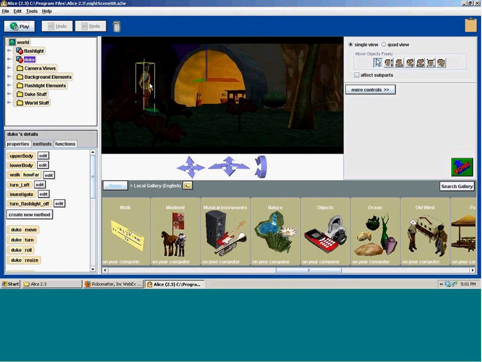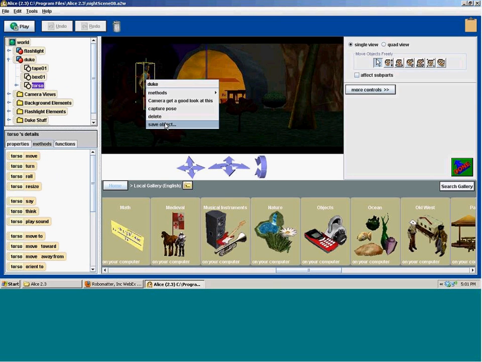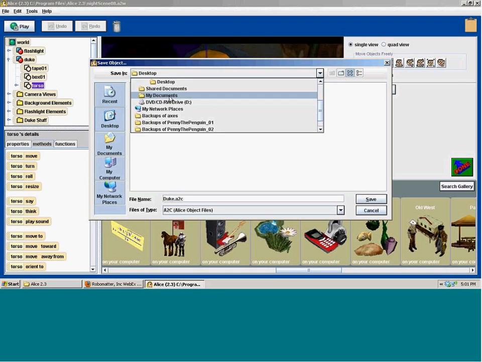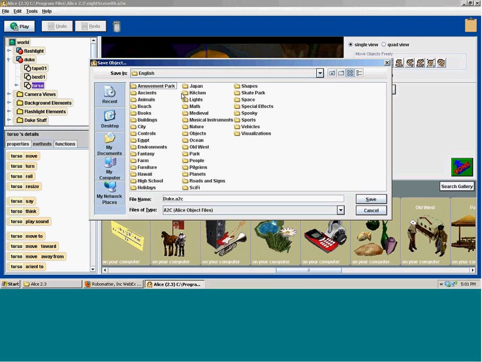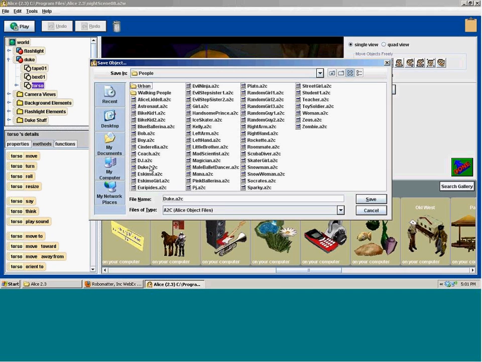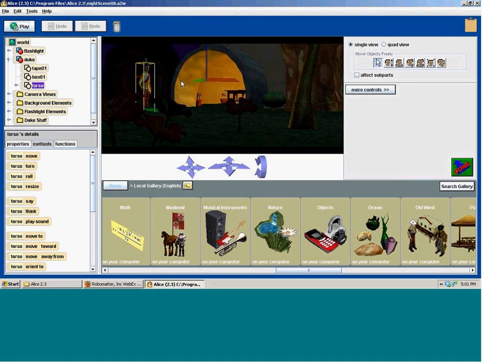What I did, and we did talk about this yesterday, is I imported the Duke, and I added some animation to the Duke, and then I saved him by right-clicking on him and going to Save Object. I saved him into the C drive, Program Files, Alice 2.3, Required, Gallery, English, and the People file. I saved him here as Duke, and that way I was able to bring him into this scene just by going to my own